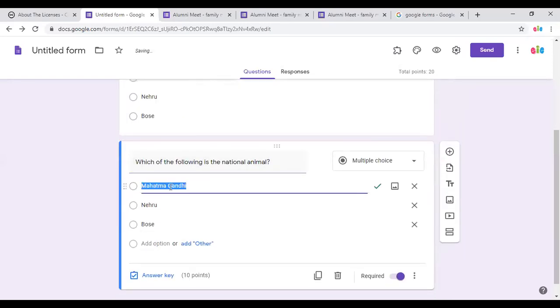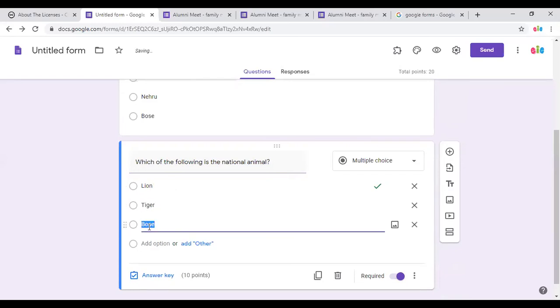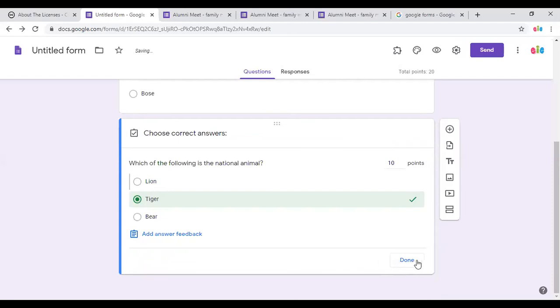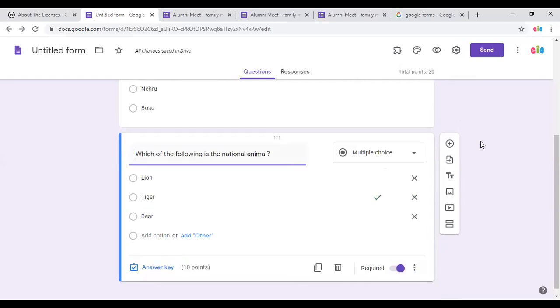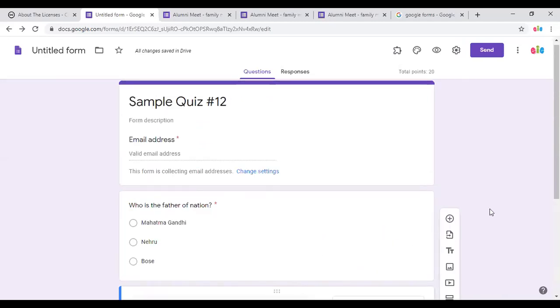So the options will be like lion, tiger, bear. Okay. Again, the answer key. So the correct answer is tiger. Okay, so give it, done. So you can see the total points is 20. Now we have prepared a quiz.